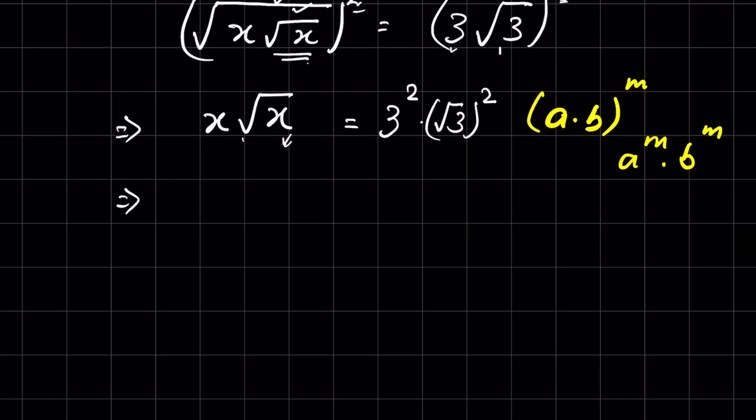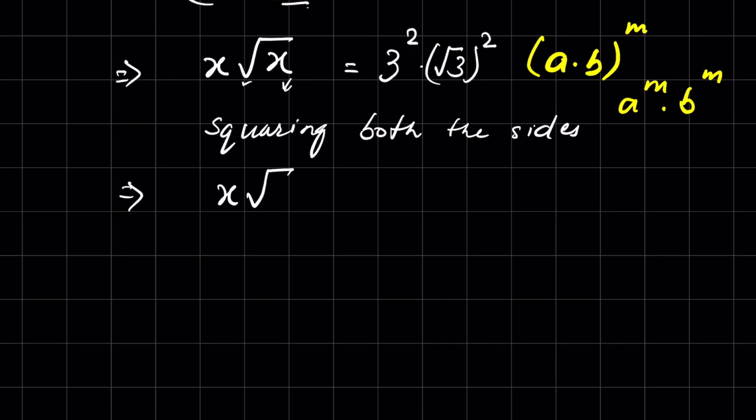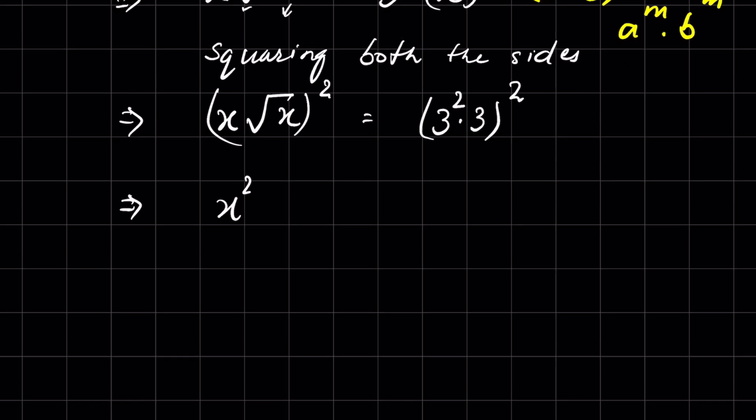Again, to remove the square root, we square both the sides. x times square root of x whole square is equal to, this side we have 3 square and this square root, remove this square, times 3, then whole raised to the power 2. Now it is x square times x under square root whole square is equal to 3 square times 3, which means